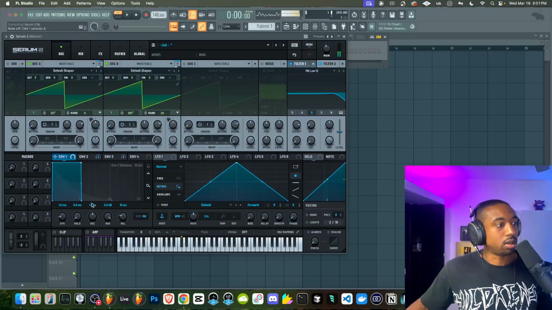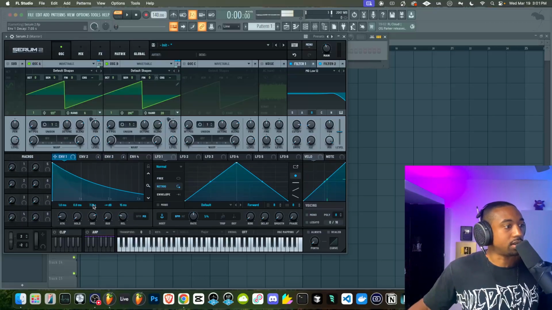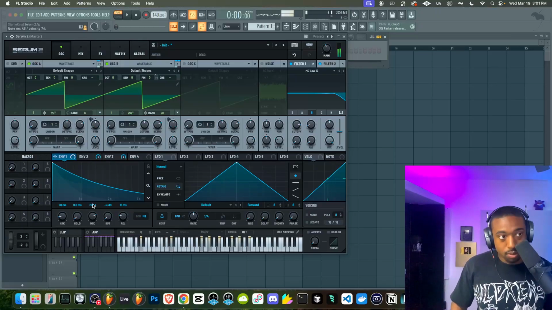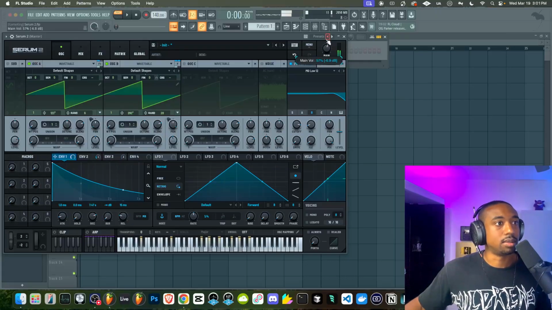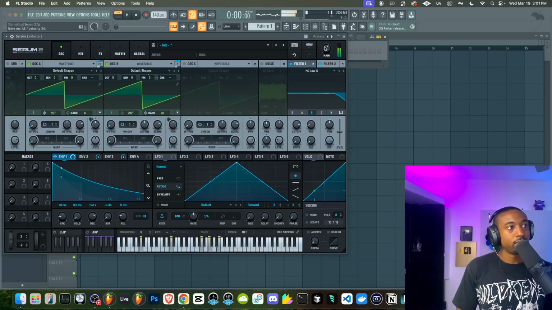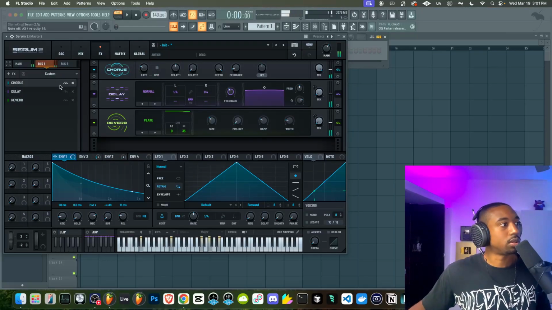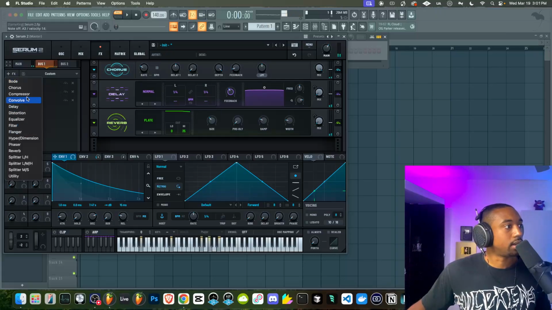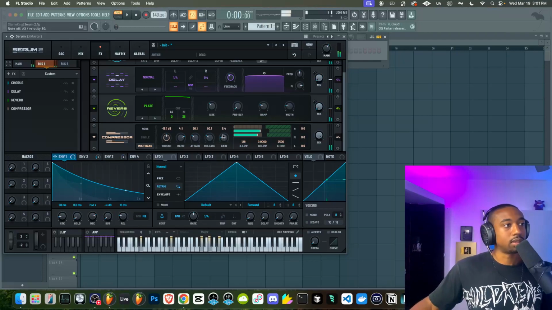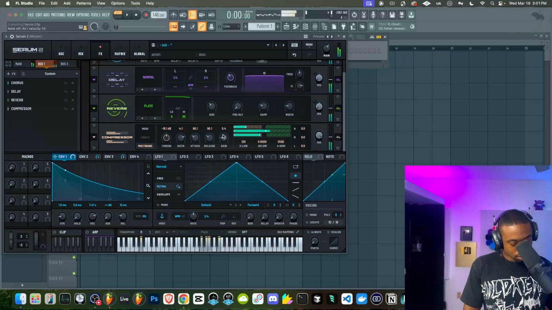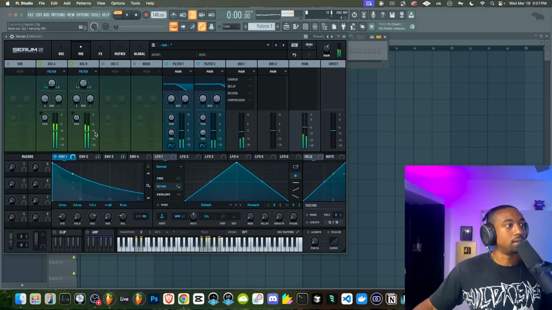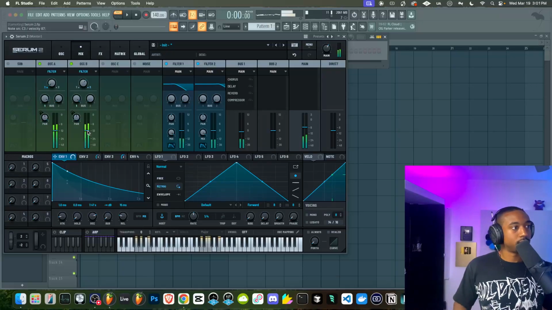Let's give envelope 1, which is our main amplitude, a decay curvature. Let's turn sustain off. So right now it's kind of quiet because I have a filter on it. So now we have this super crazy big sound. Let's also add compressor, multiband mode to really pull out those effects. And now we're going to go back to the mixer and just turn down the bus so it's not eating the entire sound there.